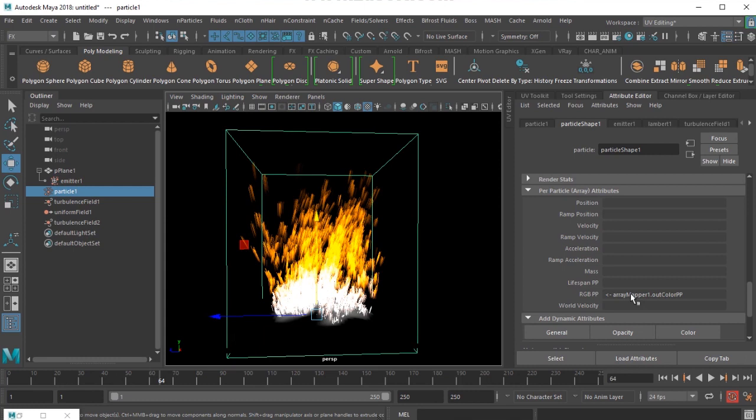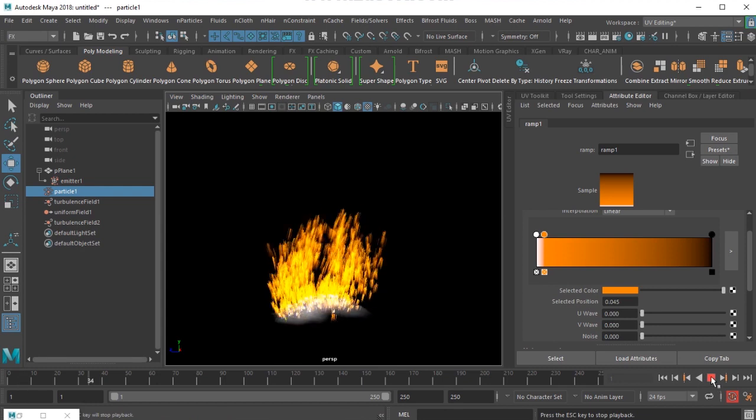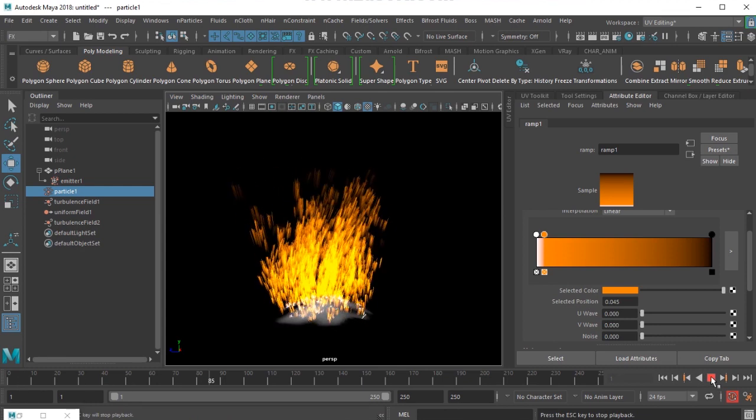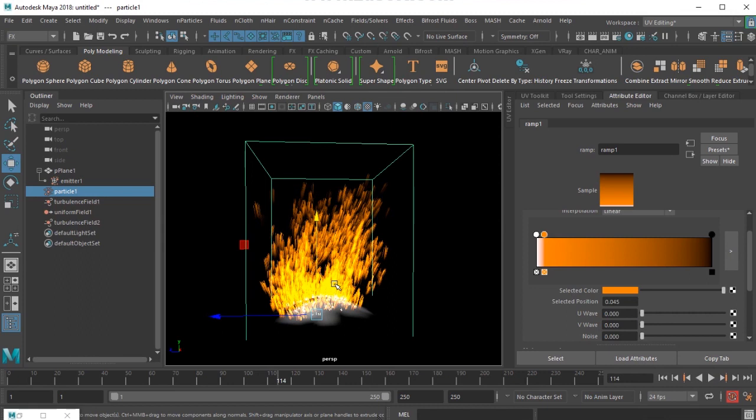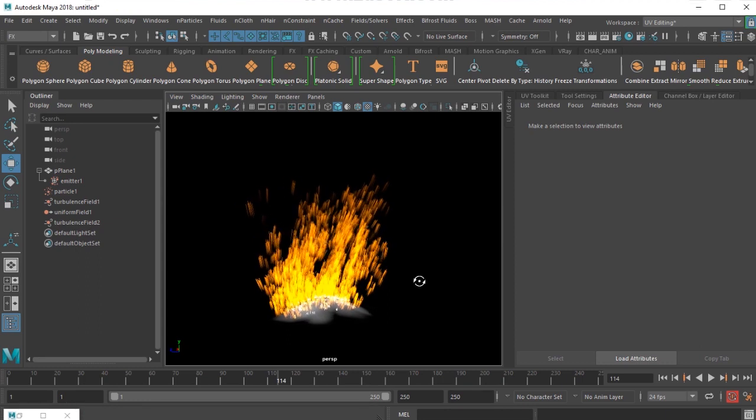I select the ramp and then put the white to the lowest, like that. So with color accumulation, where the particles are too dense it has got yellow, where they are less dense it gets its own color. So it's like adding: in depth, if you have more particles, their RGB values keep on adding. So that's what this looks like.